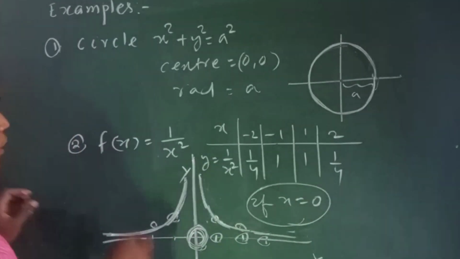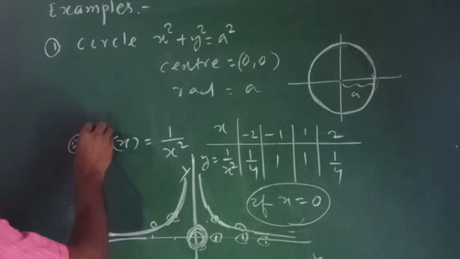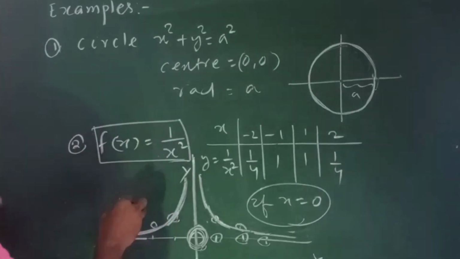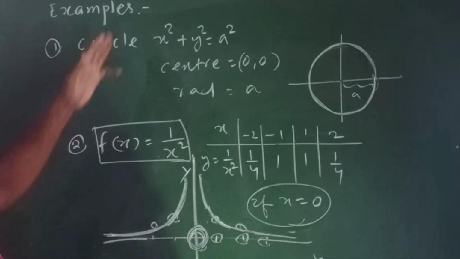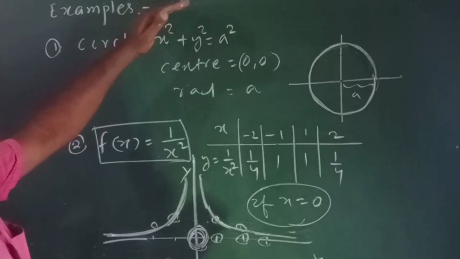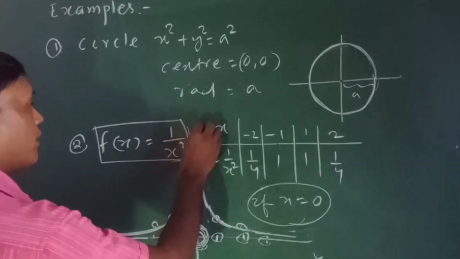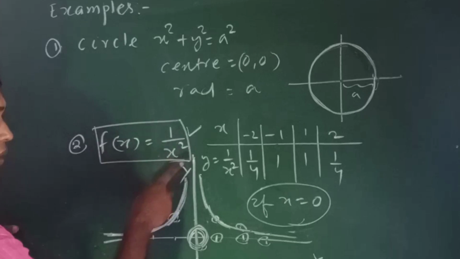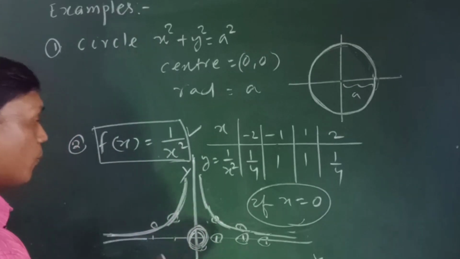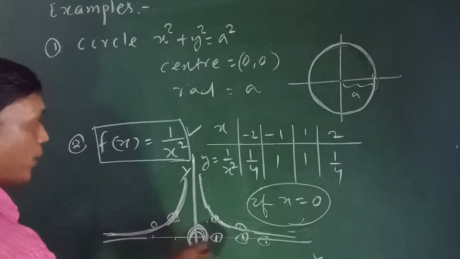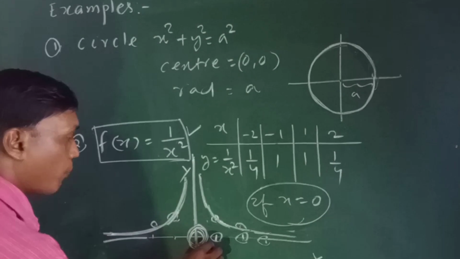So dear students, हमको टेस्ट करना है एक फंक्शन का कंटिन्यूटी. फर्स्ट थिंग इज, किसका कंटिन्यूटी टेस्ट करना है? जो कंटिन्यूटी चैप्टर हम पढ़ रहे हैं, कंटिन्यूटी टेस्ट करेंगे किसका? एक फंक्शन का. कंटिन्यूटी टेस्ट होगा फंक्शन का. कहाँ टेस्ट होगा? We have to test at a point, given point. पॉइंट मीन्स द वैल्यू ऑफ एक्स.